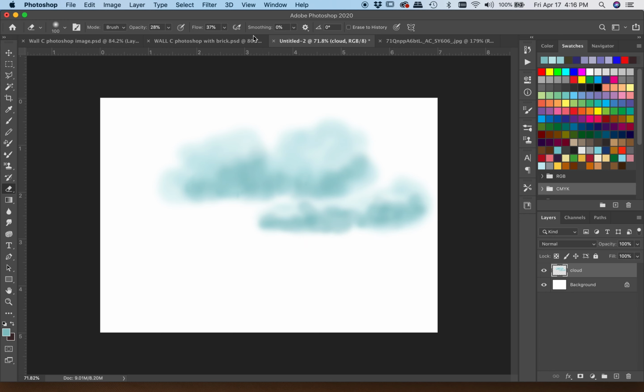And that's going to select all of the cloud pixels that are on the layer there. And if I go to here, define brush preset, we'll call this cloud 01, and say OK.